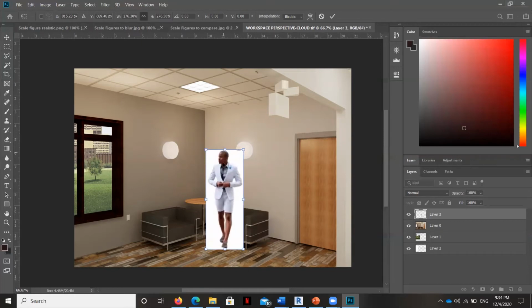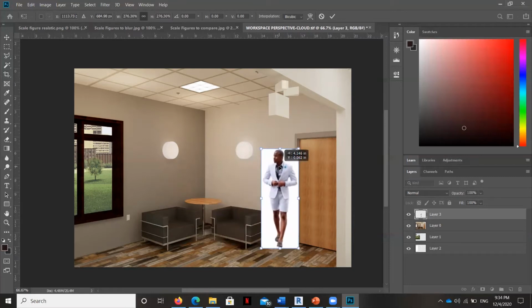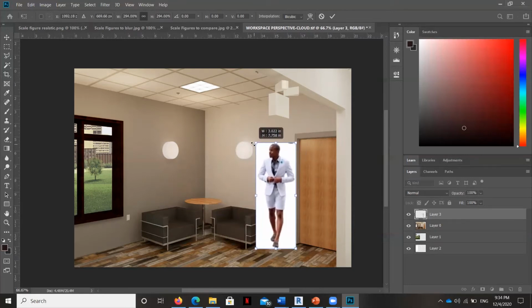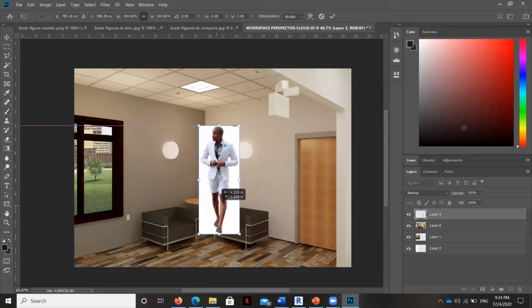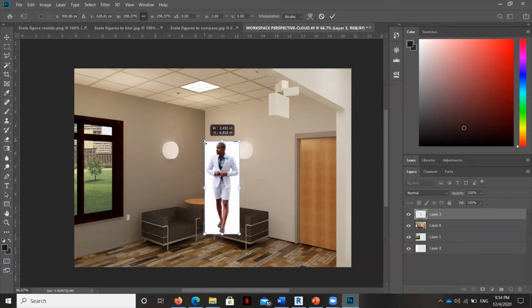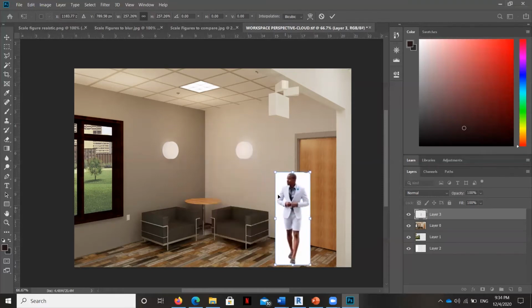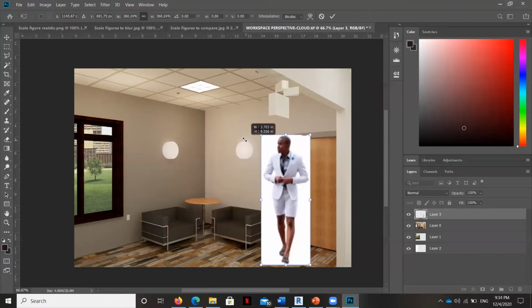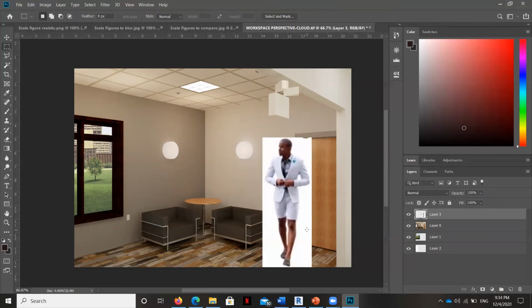So his eye level needs to be, well, he's probably a little bit taller. Most female eye levels are around 5'6". Men are a little bit taller than that. So no matter where you put him, if you put him back here, his eye level needs to come down at about right there. If you put him here, his eye level also needs to be right there. But we'll figure out where he's going to go in just a second. Let's see how close we can get him. He's still a little bit pixelated.